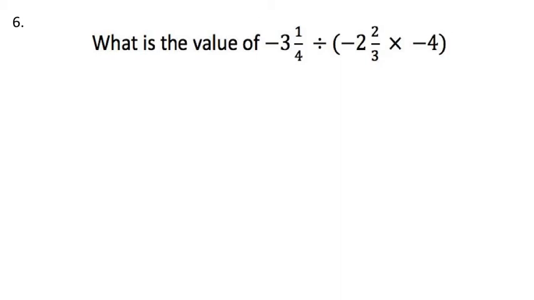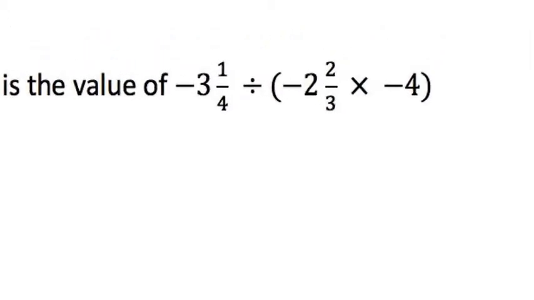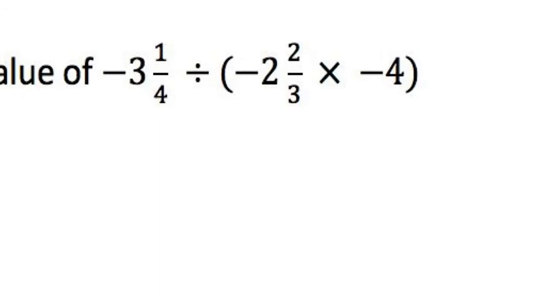All right, next we have number 6. Number 6 here is just an order of operations type math problem. What I like to do is go ahead and convert these numbers using my backwards C method to an improper fraction. So if I convert that first, I get negative 13 over 4